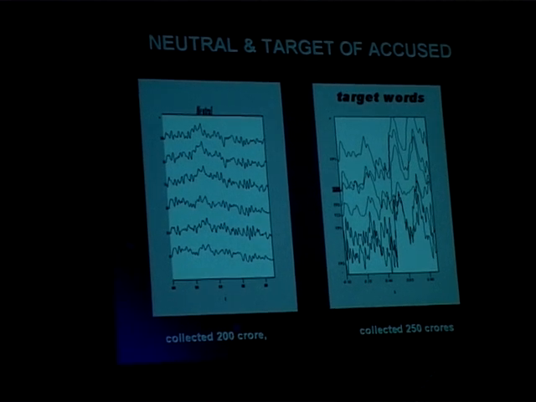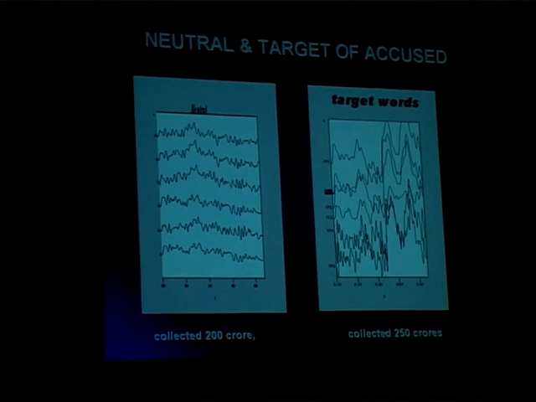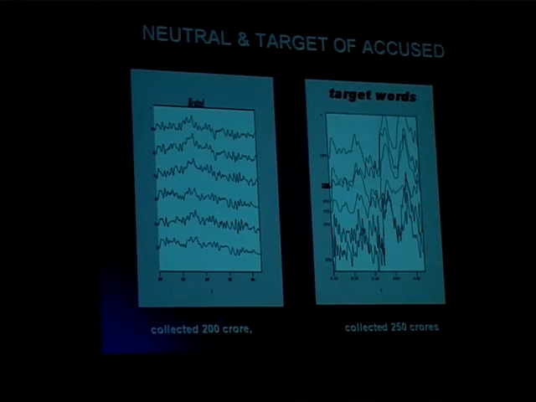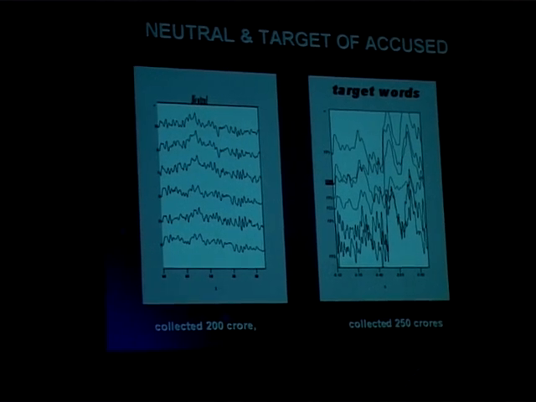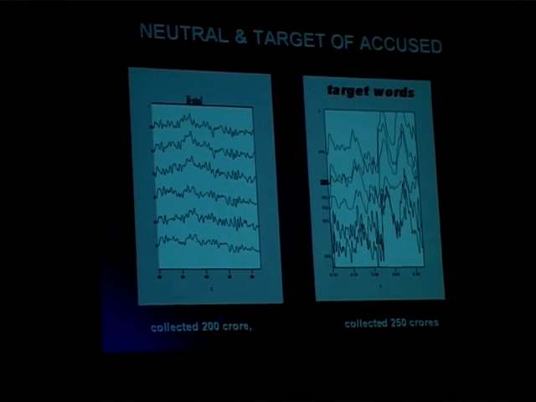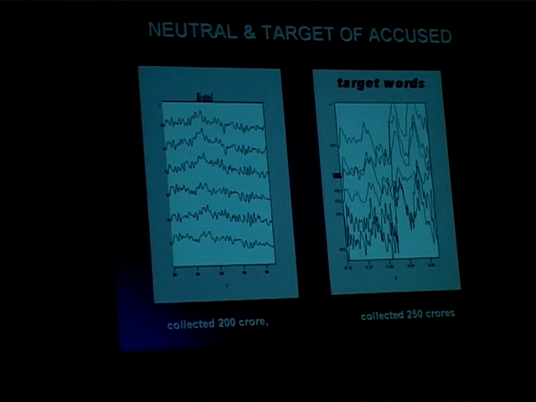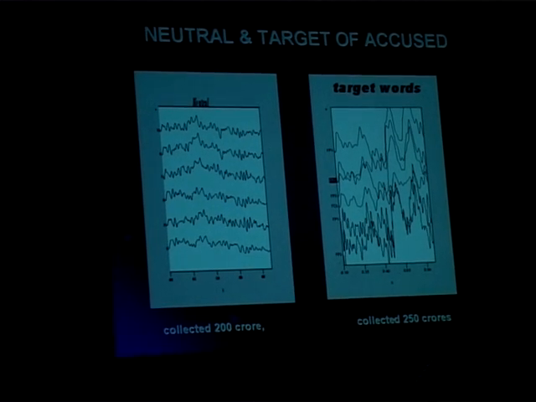At 100 crores, there was no response in the brain. At 200 crores, you can see there was no response in the brain. For 250 crores, there was a sudden turbulence in the brain. When we went further to 260, 270 crores, there was no response in the brain. Then it was decided that it was 250 crores that he had collected, and later he revealed how many